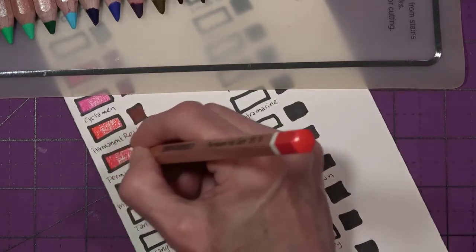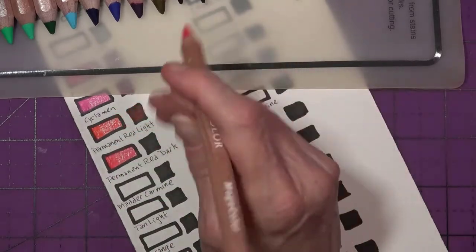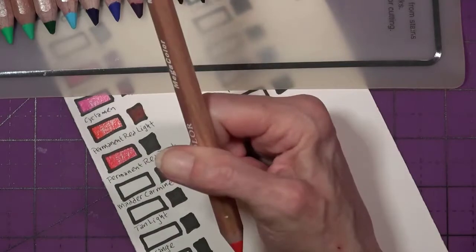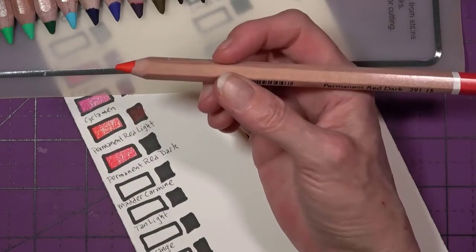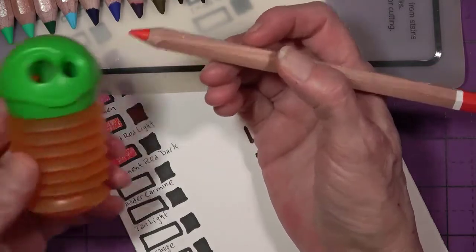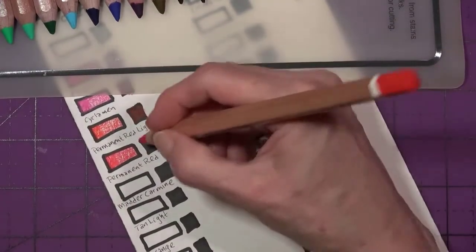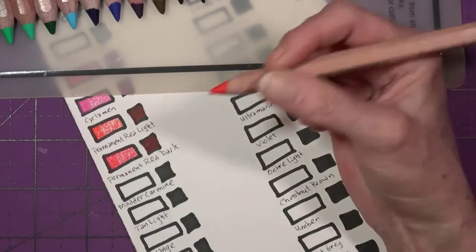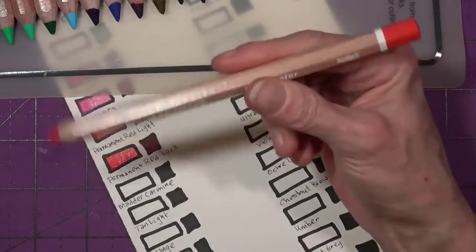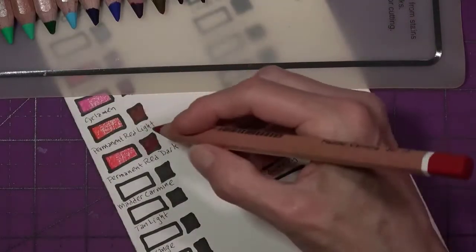Now these, because these lead cores are 6.4 millimeter, the hexagon barrel around them is also large. So what sharpens these pencils? My favorite pencil sharpener. This one. The large hole of this one, perfect. And I think Cretacolor has a sharpener that is available for this one. The last time I looked, it was out of stock, so I'm not sure if it's going to be even